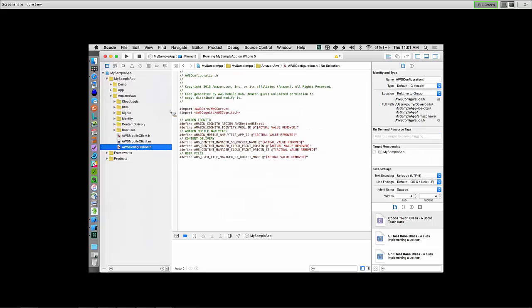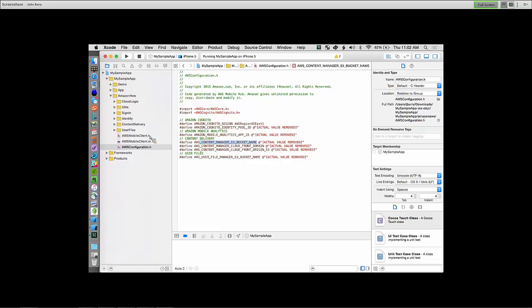Down here in the configuration, Mobile Hub has created a configuration file for me, which automatically fills in the information such as my identity pool ID for Cognito. And I'm going to zoom in. Hopefully you can see better as I do. And you can see I've just removed the actual values from these. So again, Cognito pool ID, Mobile Analytics app ID, the S3 buckets, it automatically created for me and wires up. The CloudFront domain and origin. And then for the user files demo, the S3 bucket name for that. So when you use the Mobile Hub and download, you'll see these values that are specific to you.